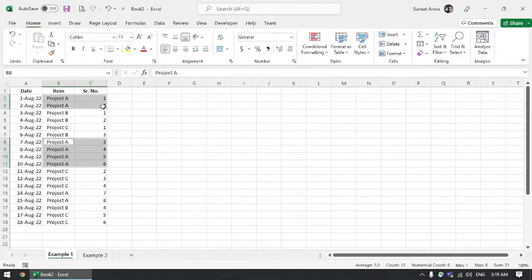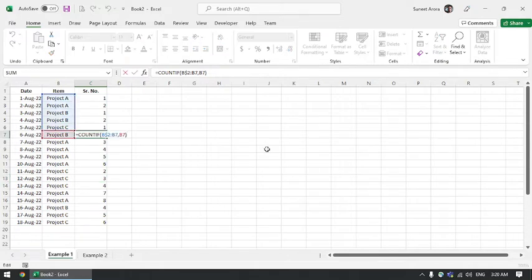Yeah, 1, 2, 3, 4, 5, 6 for A project, and then similarly 7 and 8 as well. For project B, here is our serial number. Yeah, 1, 2, 3, and 4, and so on. Right? So let me show you how it works. Now, if I check this cell,